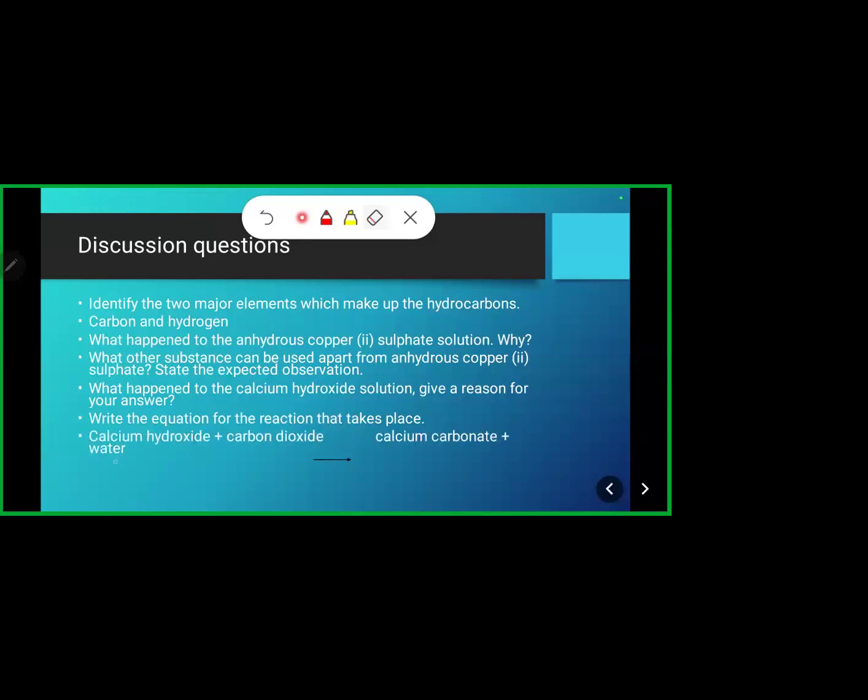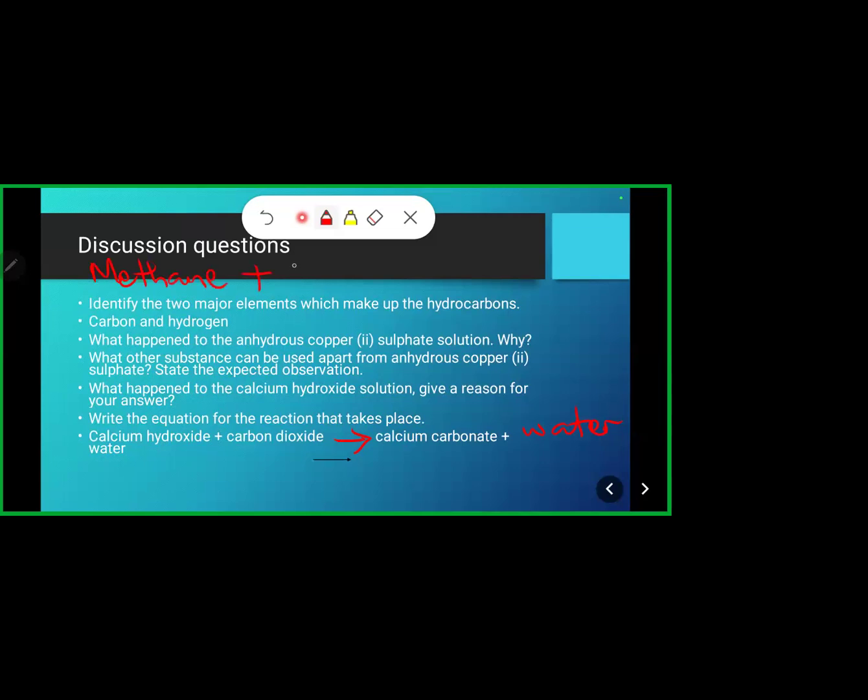So here we have calcium hydroxide plus carbon dioxide giving us calcium carbonate plus water. Always endeavor for your equation to be on one line. Mine shifted because of the space of the phone, but always endeavor that your equations are on one straight line and the arrow must be there to differentiate the reactants from the products. And like I said, when we are burning a candle, you need to have that word equation somewhere. So if you're seated with your notebook, which you should,